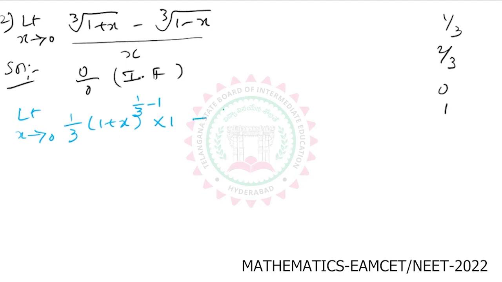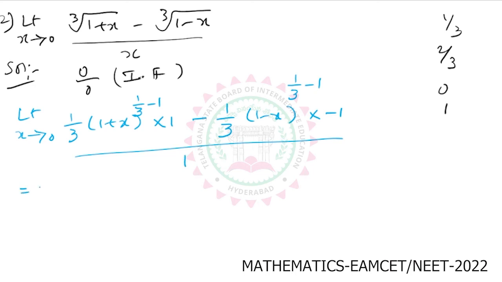Minus again. This is again in the form of x power of n. So 1 by 3 into (1 minus x) to the power of n minus 1, that is 1 by 3 minus 1, into here this is 1 minus x. Derivative of 1 is 0. Derivative of x is minus 1. So this is nothing but minus 1 whole divided by derivative of x, which is 1. So this is equal to